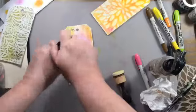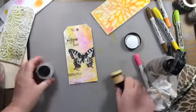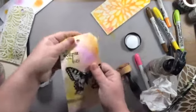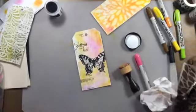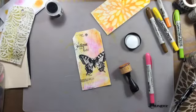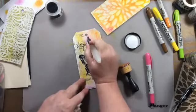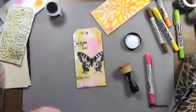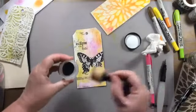Right, so Distress Glaze. Steve said I had one in there. You heat set the colours, then water won't reactivate it. Oh, shall we see? My worry is always that if I move it, it might. Oh, mine's moving. That might be because I haven't dried it enough. But let's see if you put the